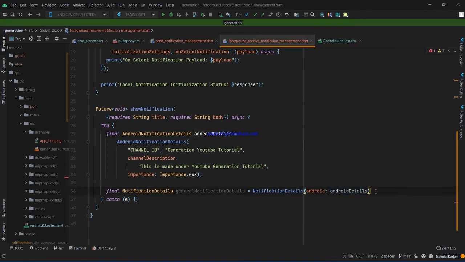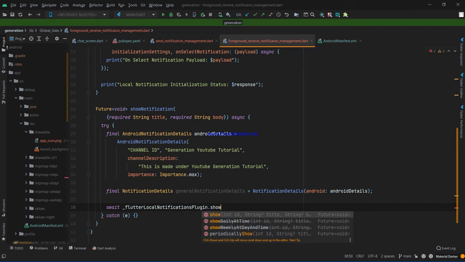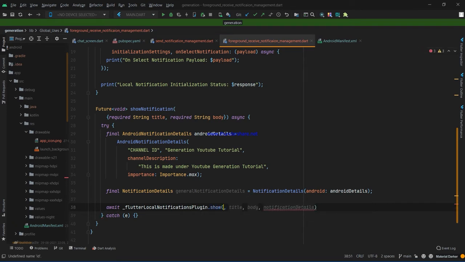Okay, so I think it is very fruitful for you to understand, and if you have any problem, you can comment it out. I will try to clear your doubt. And then the asynchronous process, flutterLocalNotificationsPlugin.show to show the message as well, and that ID will be 0, title.